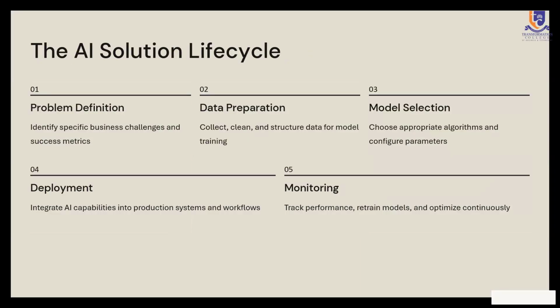So like I said, the AI solution lifecycle: you can't start from the back and expect it to work, right? You need to follow the life cycle. So you always start with the problem definition. What does our business need? What are we trying to accomplish? What's the problem? Why aren't we selling goods? Why aren't we making money? Our investments aren't returning. So now once we've defined what the problem is, because it could vary in any domain, it could be any business use case.